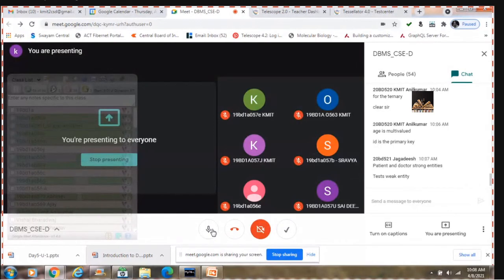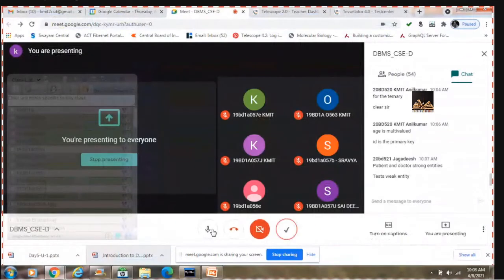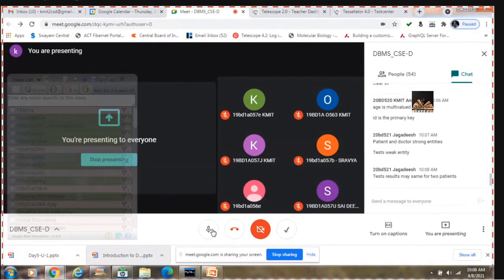Jagdish, how is test a weak entity, ma'am? How is test a weak entity? And Anil, age is multi-valued. A particular patient cannot have more than one. How can you say it is multi-valued?